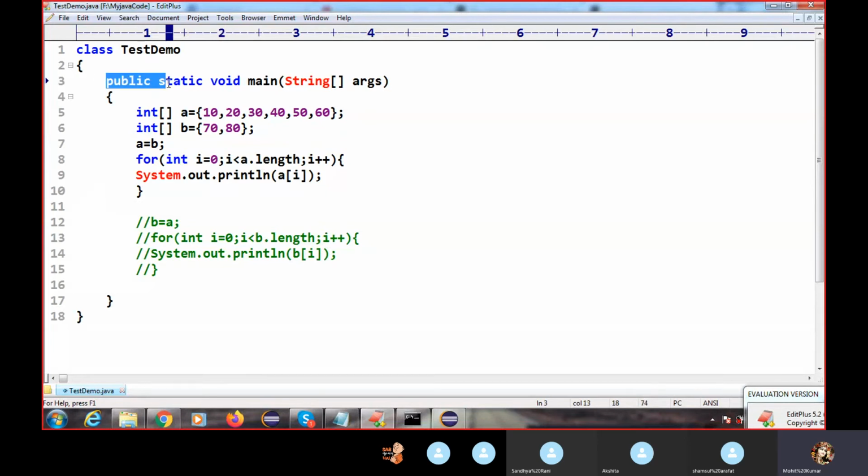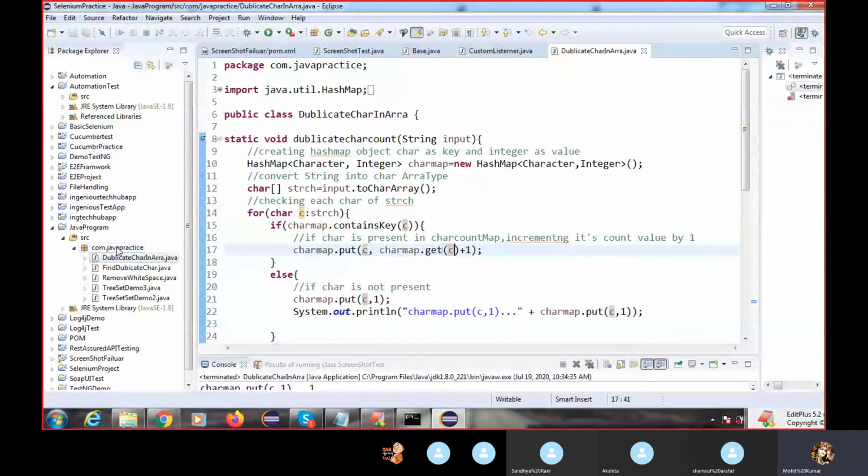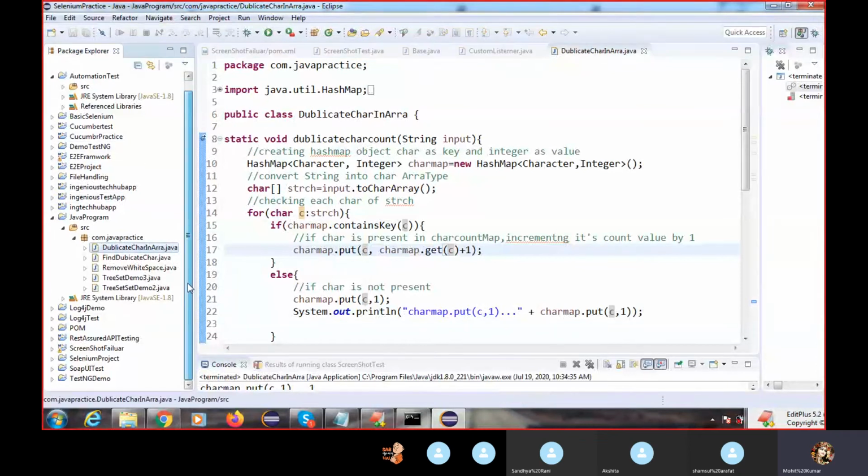You can see the main method is public, so we can access it anywhere, right? If you do not give this, it is a default accessibility modifier. With default, we can access within the package only, we cannot access it in another package. Got it?